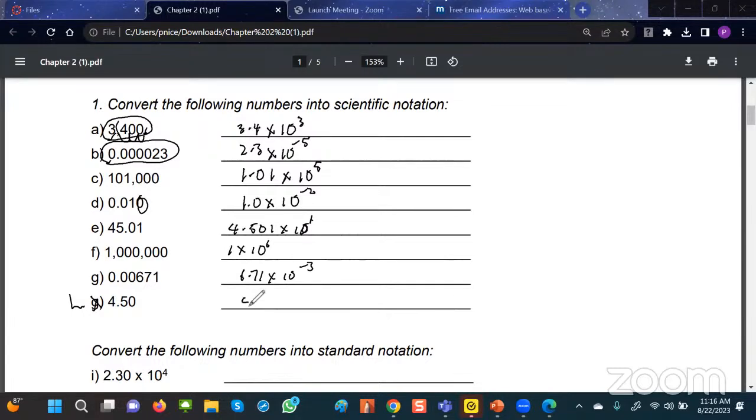4.5 times 10 to the 0. Exactly. Actually, it should be 4.50 times 10 to the 0. Sorry. Again, I'll explain why that is so later on. Okay, very good. Now, if you understand what we just did, where we're converting from the standard notation to the scientific notation, that means you should be able to do the reverse. In other words, if you're given a scientific notation, you should be able to convert it back to the